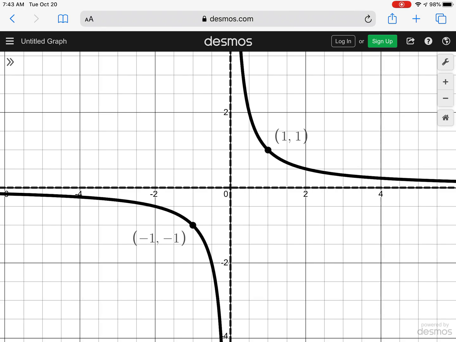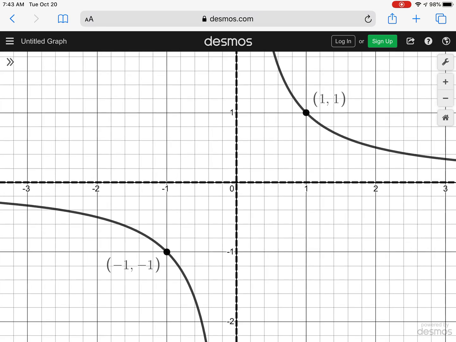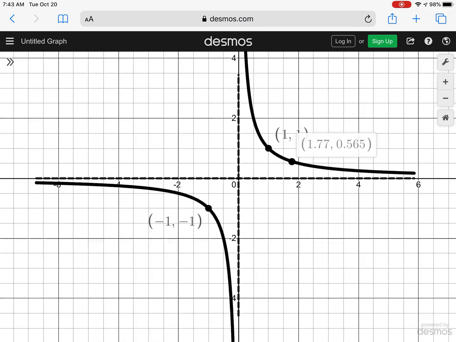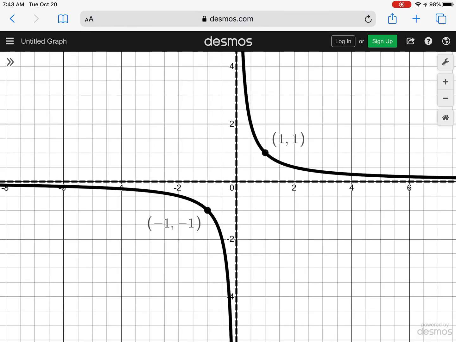And then if you go into the smaller x values, like 0.5, 0.1, and so on, you can see that as x is a smaller and smaller number, closer and closer to 0, 1 divided by an increasingly small number will give you a y value that's very large. These go on to infinity, and you can see the asymptotes are along the x and y axis. And when we do translations, those asymptotes will move horizontally or vertically with